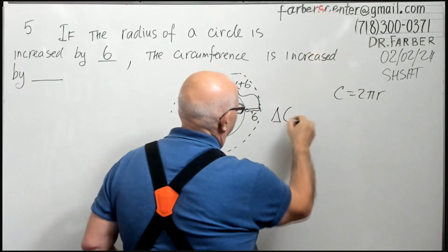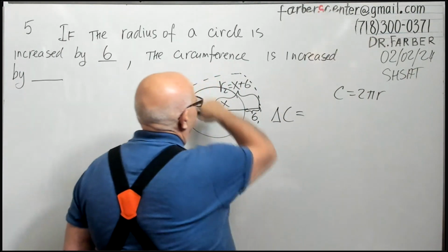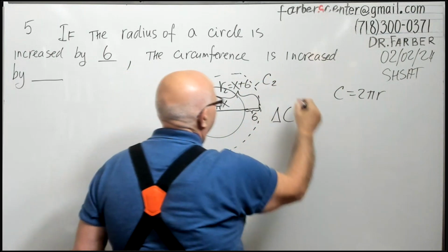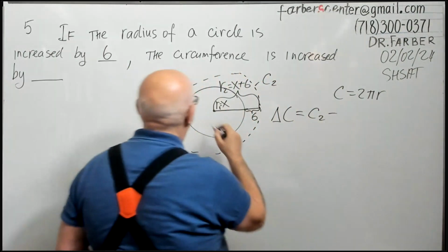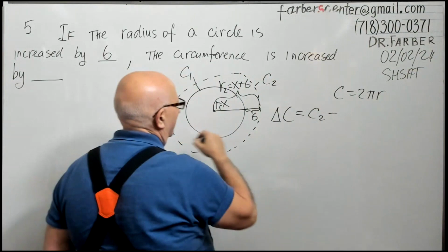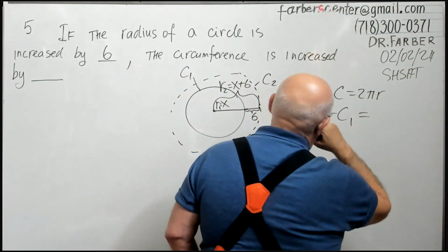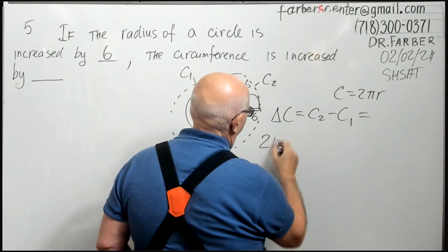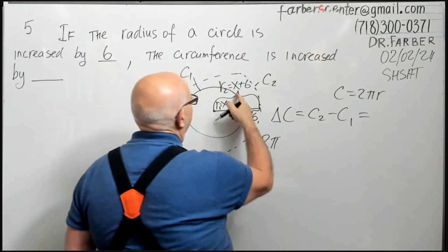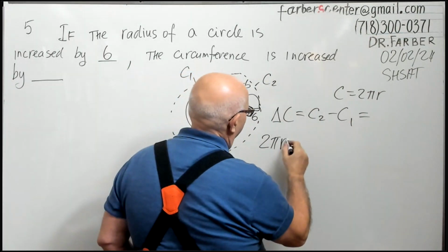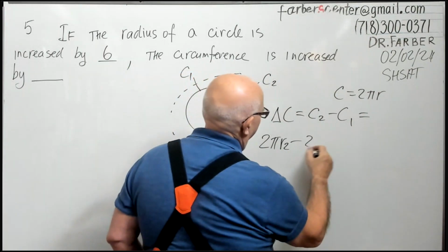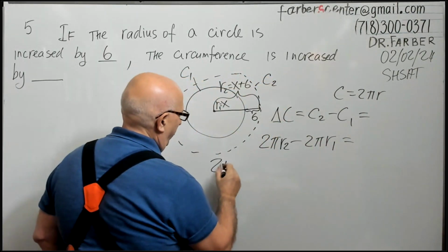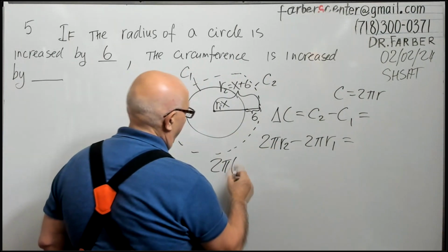Delta of circumference, the difference, equals C2, this is C2, minus C1 equals C2, 2 pi, instead of radius I can write here R2, step by step, minus 2 pi R1, or 2 pi, instead of R2 I use x plus 6,